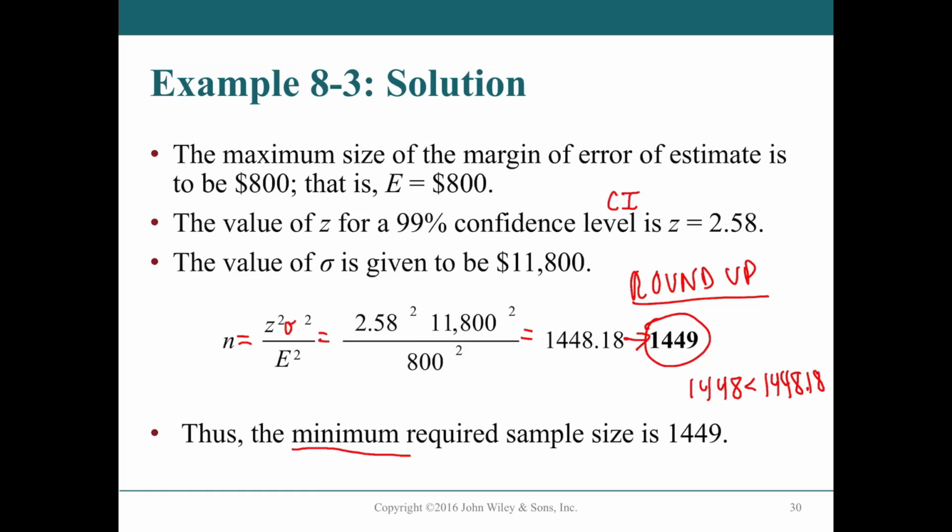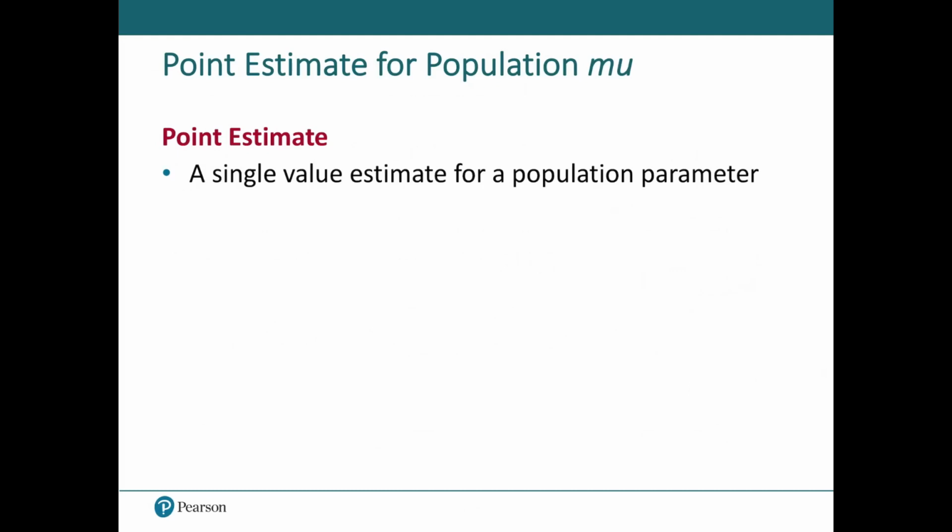On very rare occasions, the value of n comes out as a whole number. Then you don't have to round up. But I've very rarely seen cases like that. They just don't happen very often. So I really doubt you will run into that. But if you did get a whole number, then you just leave it alone. But that's pretty rare. Okay.